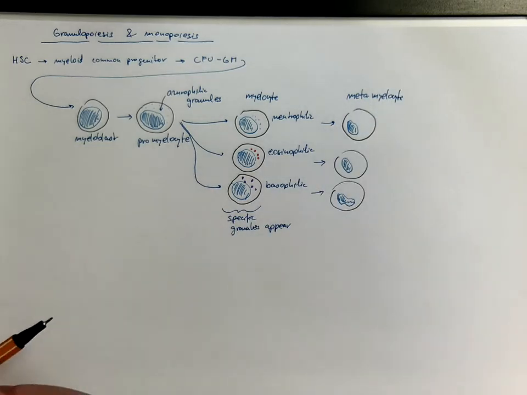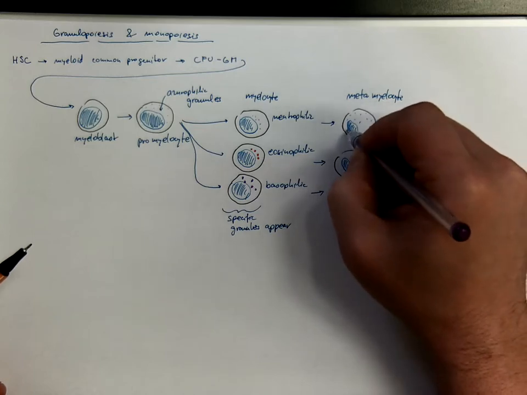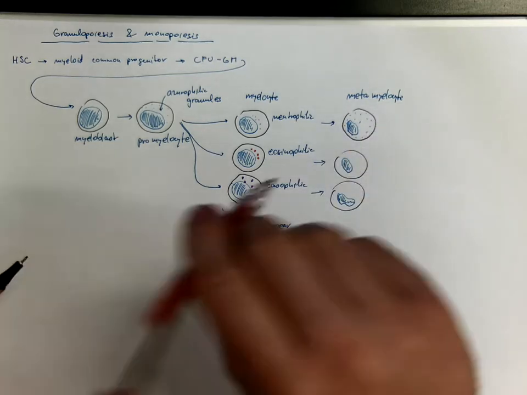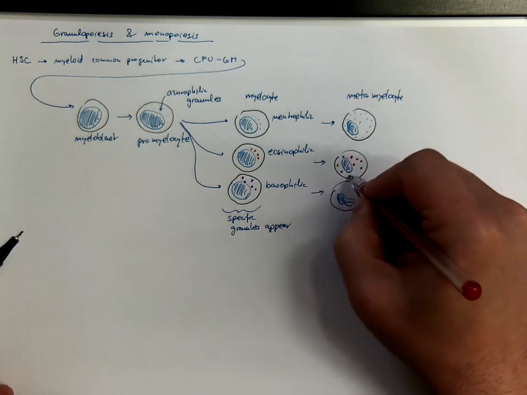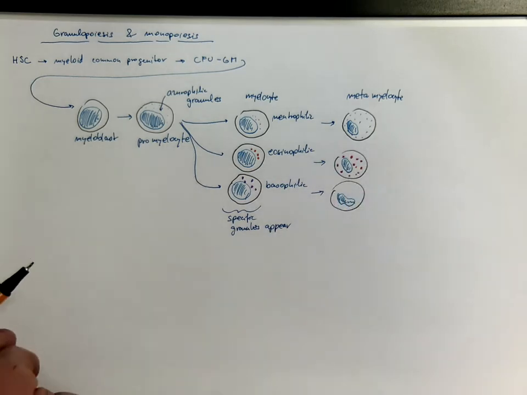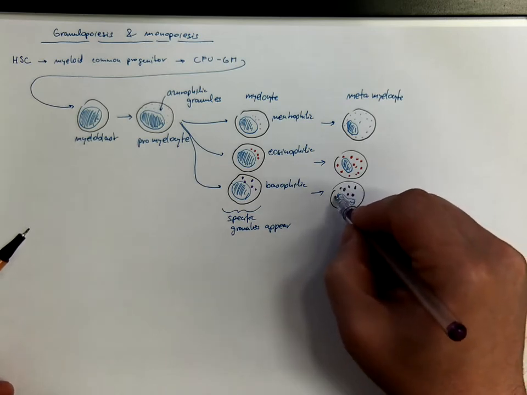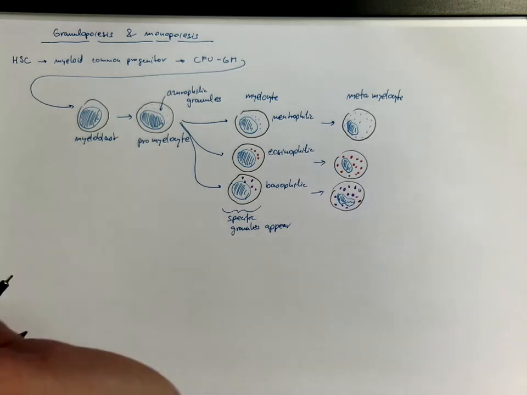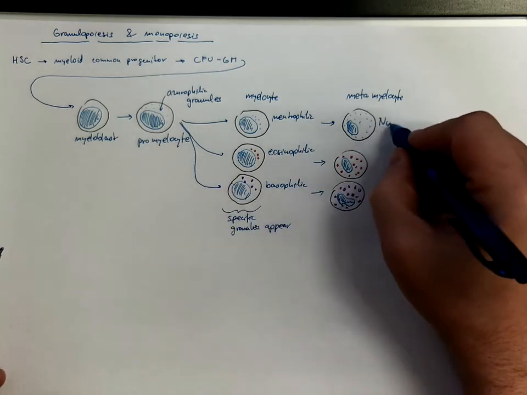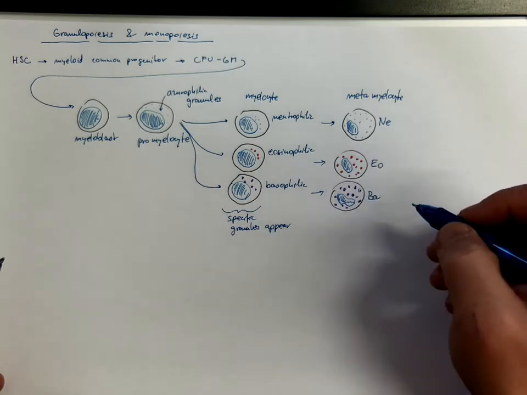Metamyelocyte, where the granules are already distributed more evenly in the whole cell. So there's a neutrophilic metamyelocyte, eosinophilic metamyelocyte, and basophilic metamyelocyte,